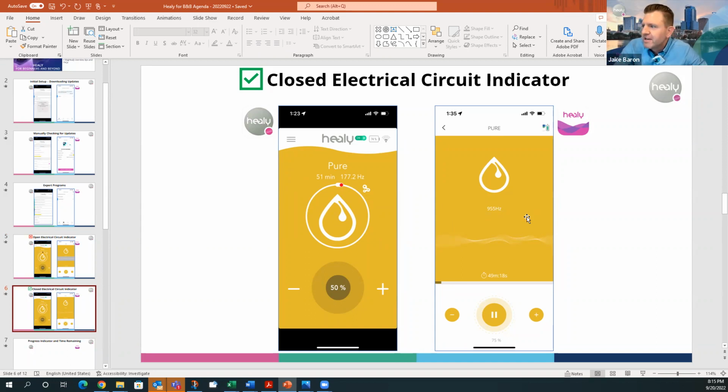That's how it looks in the new app, and that's how you know whether or not you've got the proper conductivity. That's one of the things we're going to go over in more detail on the call on Thursday, along with some of the other key differences.